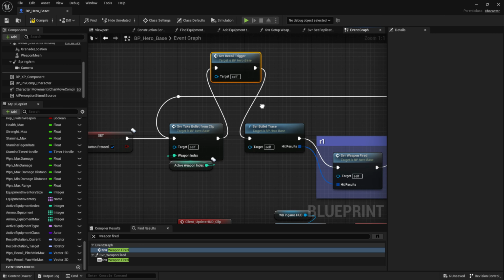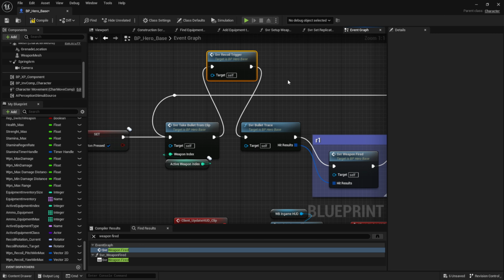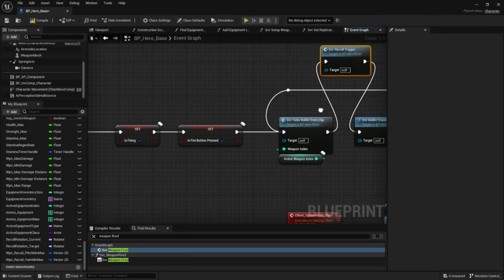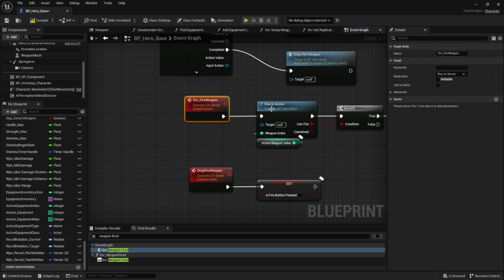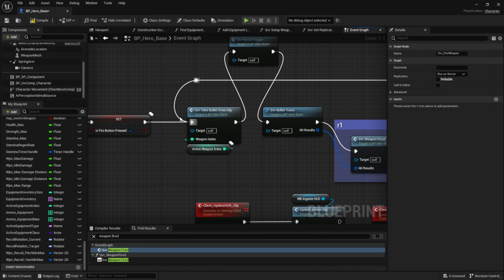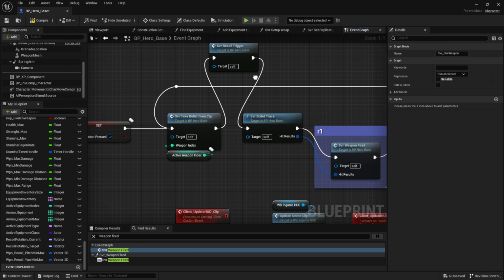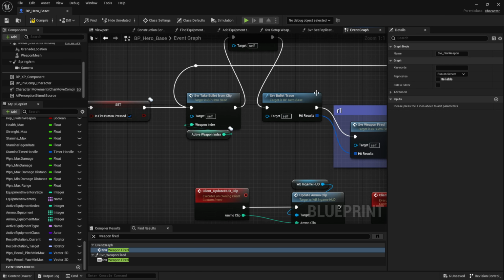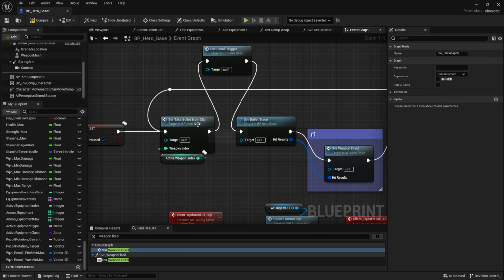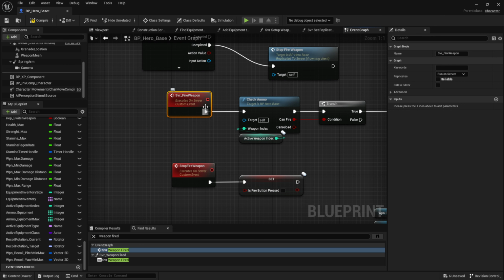So there's a little side note that I want to make that I may not have explained well enough during the series. So in here we are running a custom event on server only. So everything that we call in here, every function or event that's being called in this event, will automatically also be server only, unless it's a replicated event. Obviously, then it can replicate to other instances. But if you don't set any replication for events or functions that you are calling, it will always only execute on the same instance. So because this runs server only,